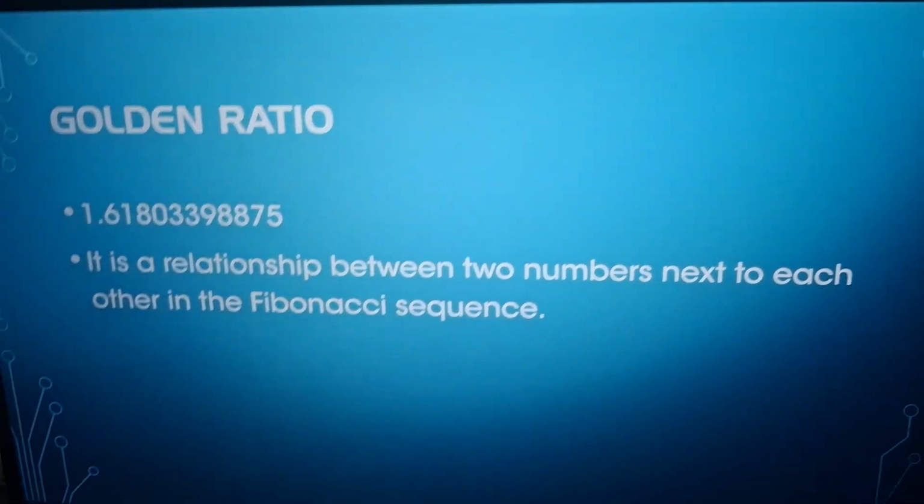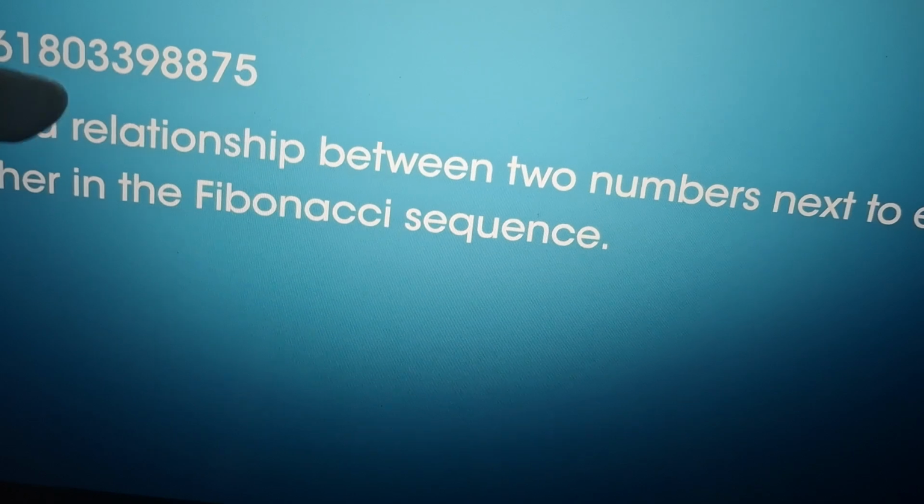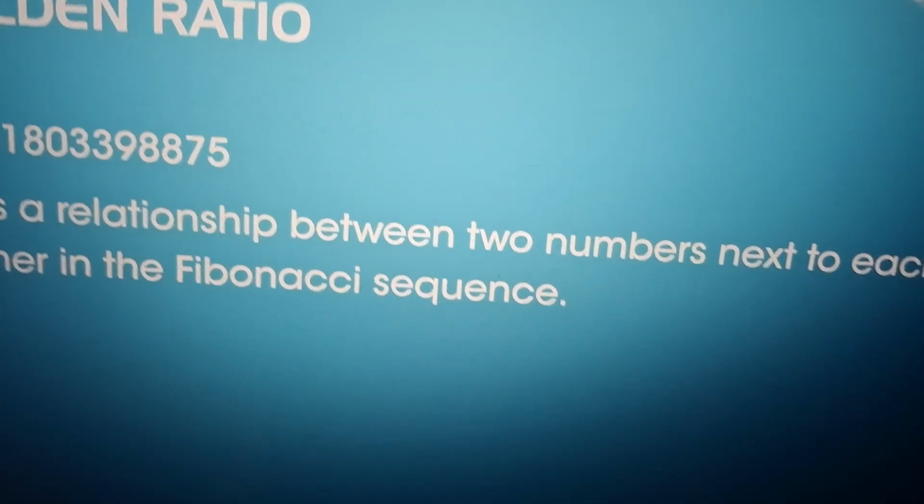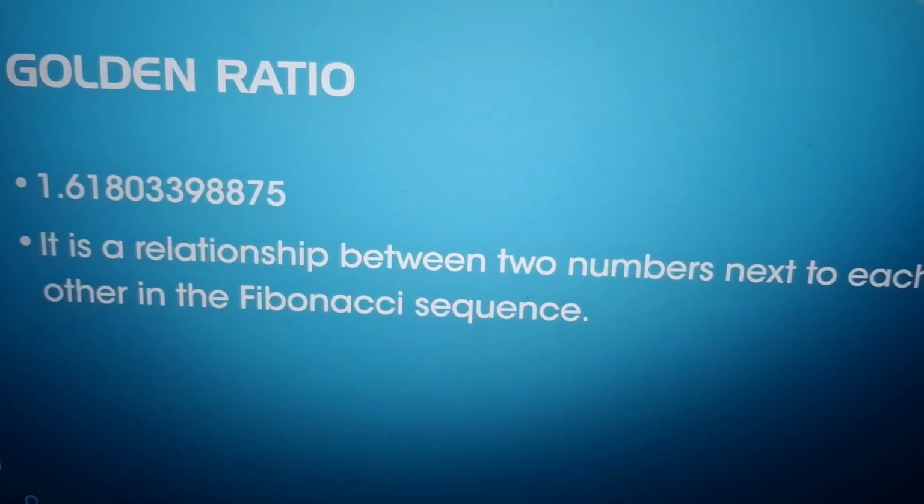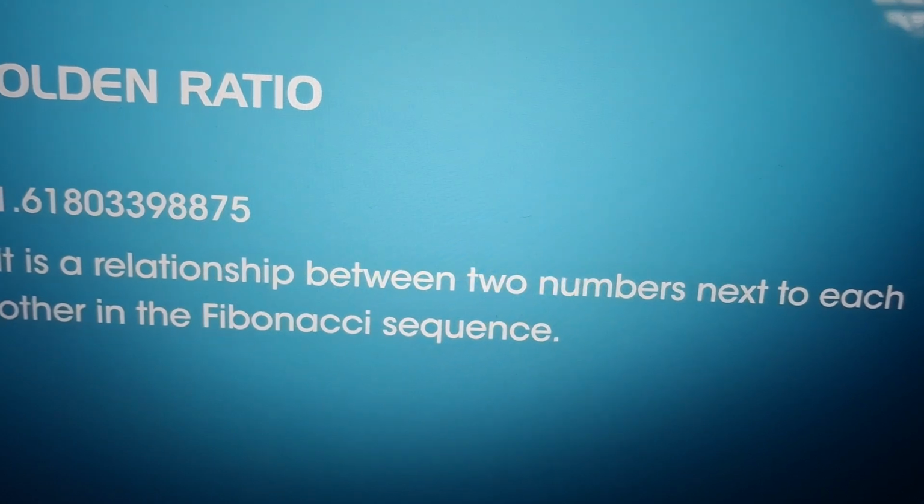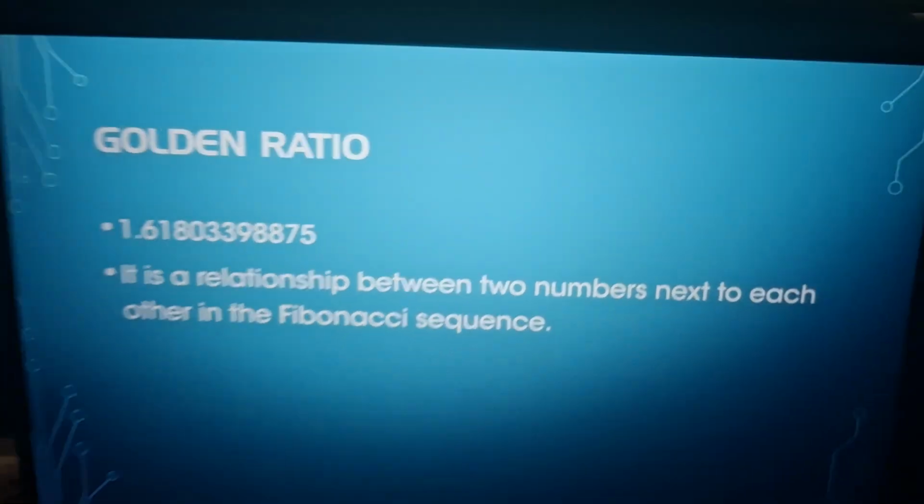Let us now go to the golden ratio. It is 1.618033988875. It is a relationship between two numbers next to each other in the Fibonacci sequence. So as you can see,